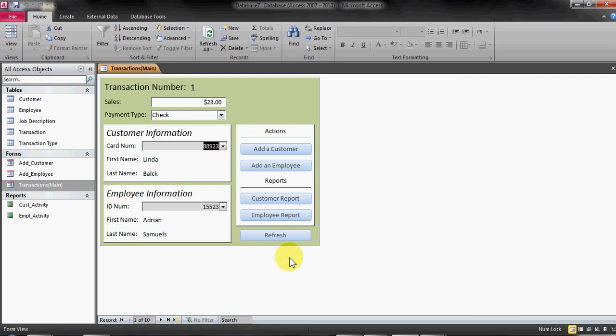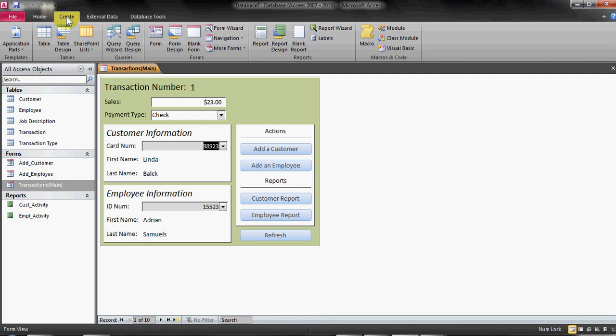And so like I was saying in the last video, it's always nice to have that button just in case, because Access can be finicky. It's got a lot of different rules and locks that it will kind of put in place whenever certain things happen in different sequences. And so then let's go ahead, come up here to our Create tab,